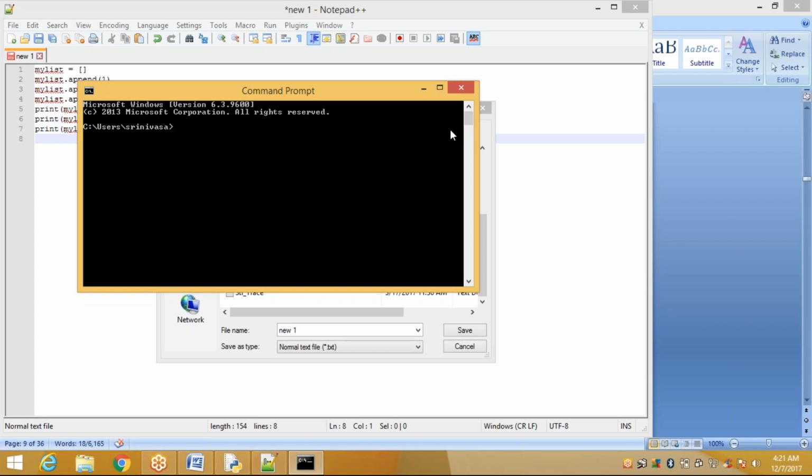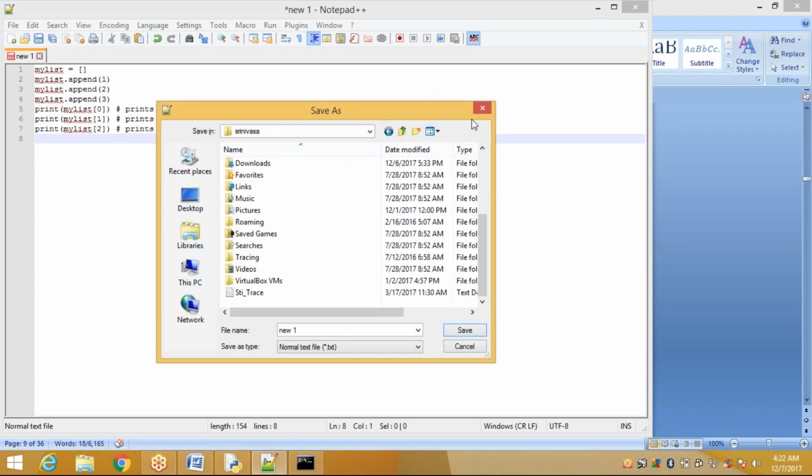So first you can save where it is available. You can save directly on that path, or if you want to save somewhere else, I can show you. Take that path, copy it, change the directory, and execute, interpret your program. I can show you how to do this.